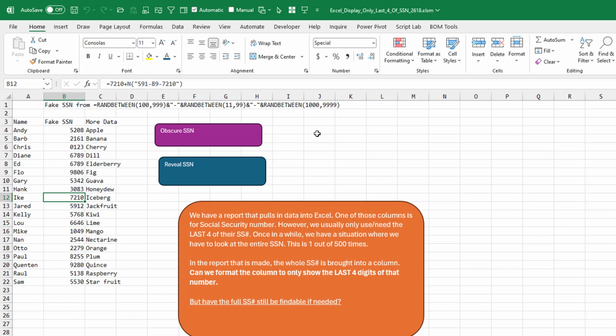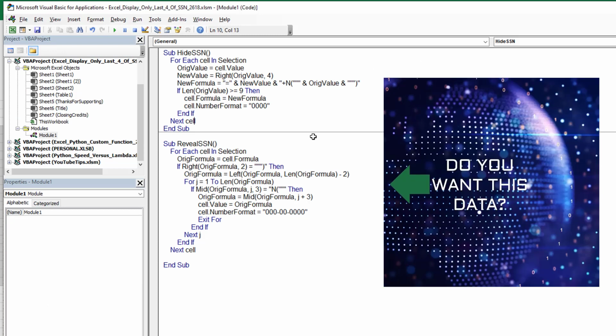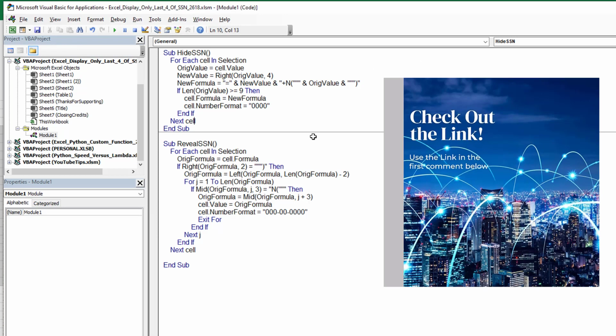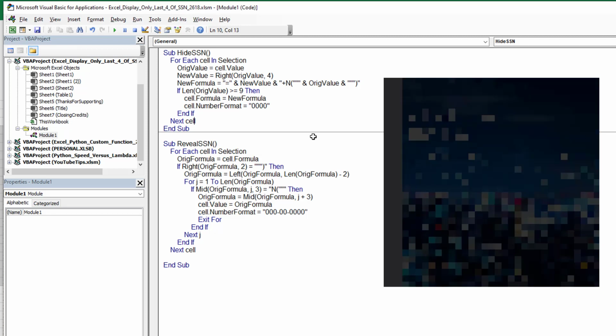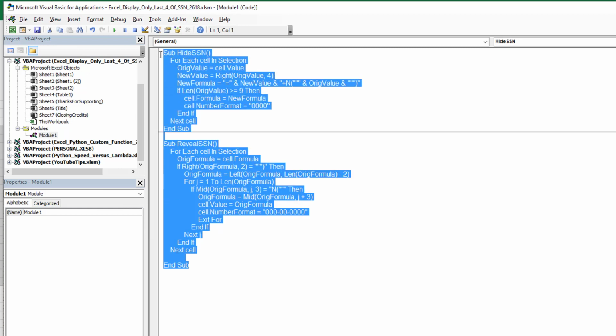All right. And then I figured there would have to be the reverse, where we had a way to take it backwards. And so we'll take a look at the second macro. By the way, I'll put this workbook as a download down in the YouTube description. If you actually want to try this, you're just going to come in here to Module 1, copy all of these, and hopefully put it in your personal macro workbook.